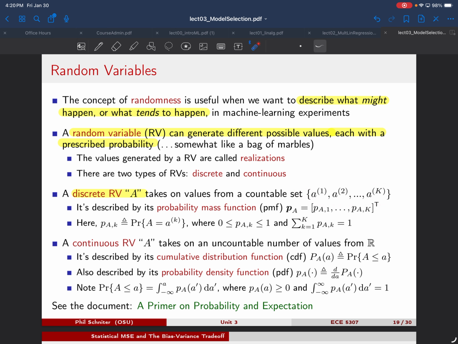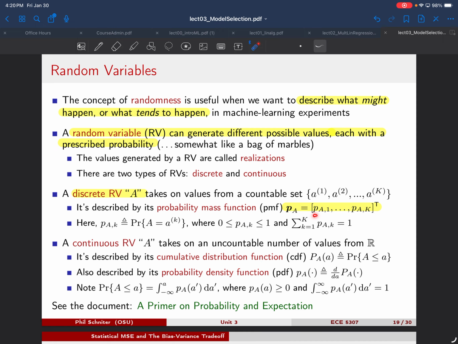And the way I'm denoting that is with these superscripts in parentheses. So this is the first of K possibilities of this random variable. This is the second, this is the third. So for example, maybe these are the integers 1, 2 through capital K. That might be what this discrete random variable manifests as. Or it might be like 0, 2, 4, so on, even numbers. Okay, now these are the possibilities, and the probability that each of those possibilities occurs is given by